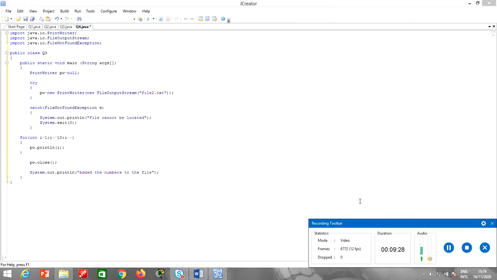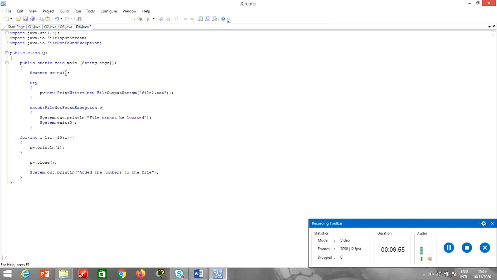Because I will need a scanner, and with the scanner I need file input stream. So I need over here util.star or util.scanner, whatever you want to write, and I need file input stream because I am reading from the file. So here I will just create an object of the scanner class,